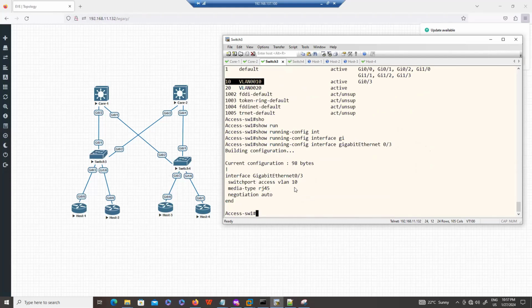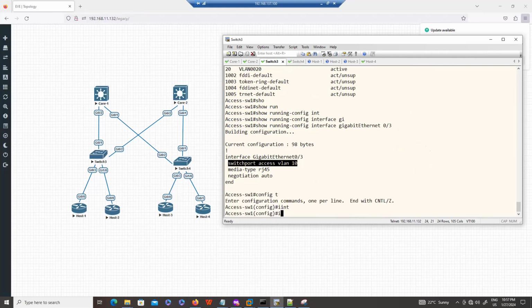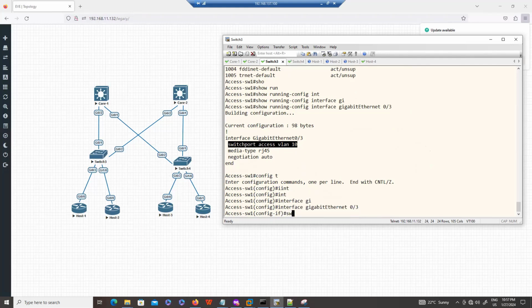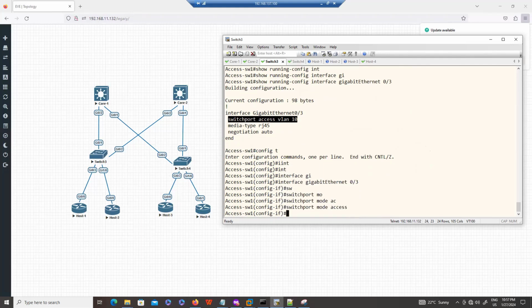But in CCNA, you have also seen that we configure one additional command, which is interface gigabit 0/3, switchport mode access. So you need to understand, make sure the way you study, what is the exact purpose of each command. If I'm configuring this command, what is this command doing, and if I'm configuring that command, what is that command doing.